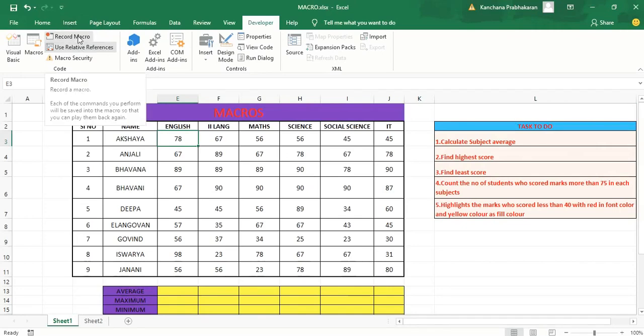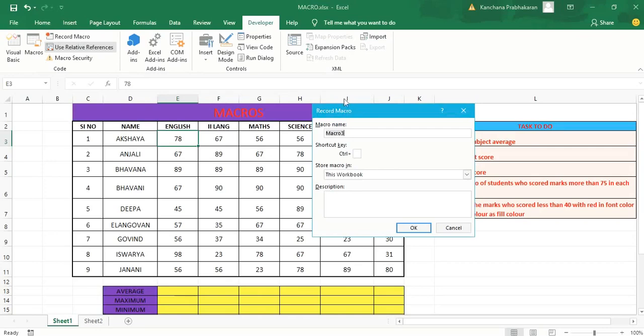Then click on the Record Macro option. You will get a Record Macro dialog like this. You can give your macro name here. I'm going to give my macro a name.